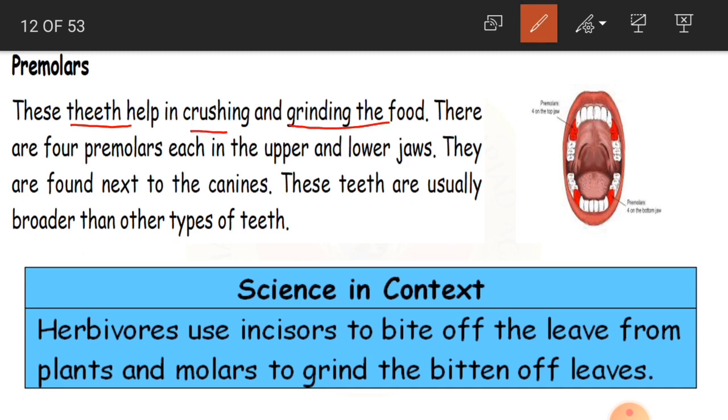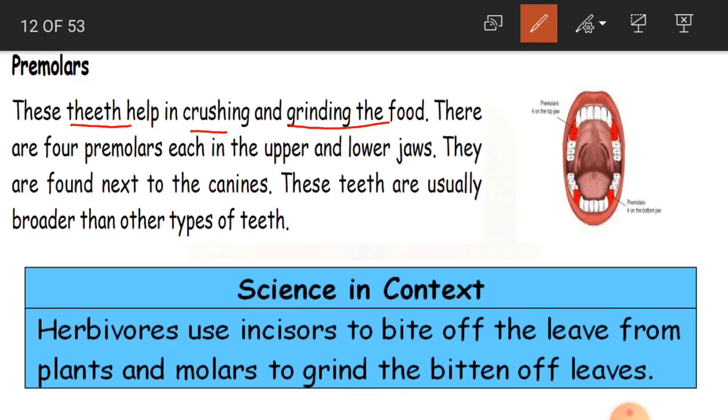So we have got teeth, but again, as we said in the beginning, they also do different types of work connected with eating. While eating, some are going to tear, some are going to cut into pieces, and some are going to grind and crush the food.